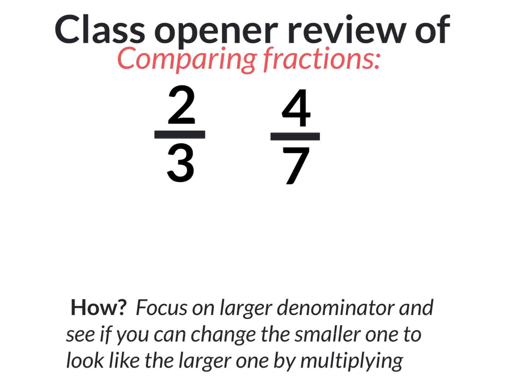Yeah, visually is one, which is great sometimes. Most of the time, visually is not the best, but it's good to understand visually. What other methods did we have? Okay, converting them to decimals. Yeah, 2 divided by 3 will be a decimal. 4 divided by 7 will be a decimal. And you could compare decimals. And there's a third way, the best way, which is to find the common denominator, to make the denominators be